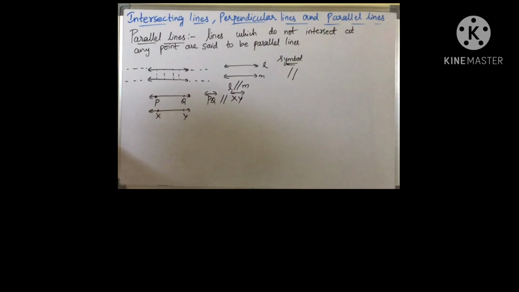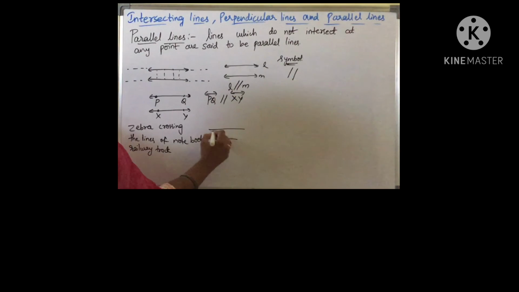So where can we see parallel lines in our life? Zebra crossing. Yes, the lines of a notebook. And another very good example of parallel lines is the railway track around us. Yes, this is a railway track. This means this and this are parallel. They never